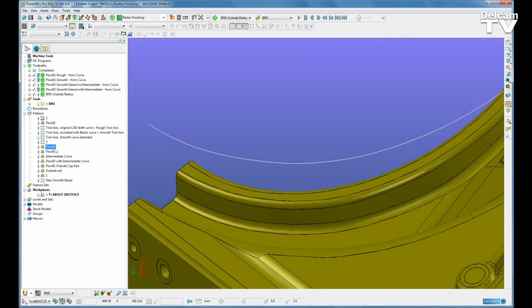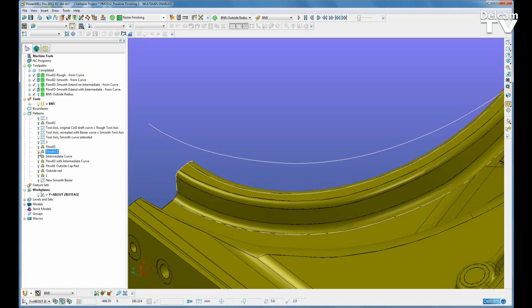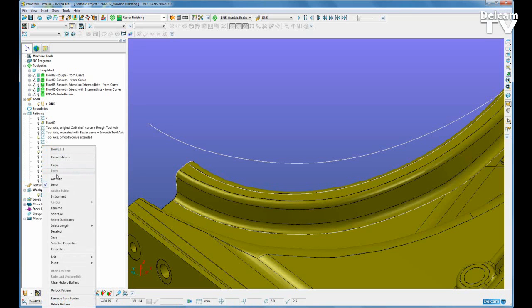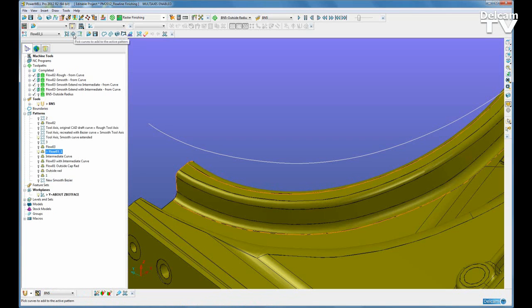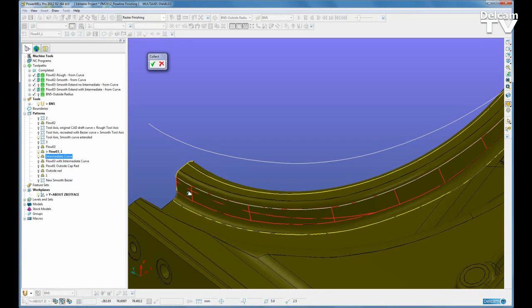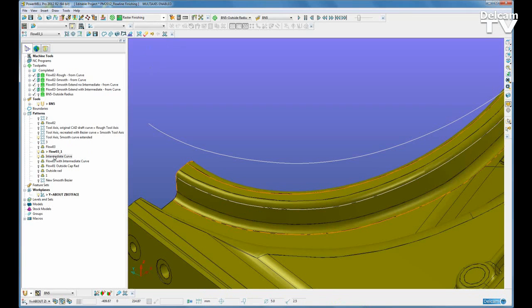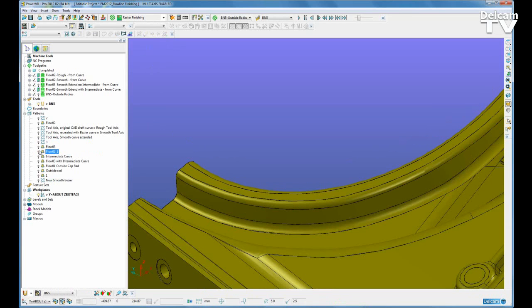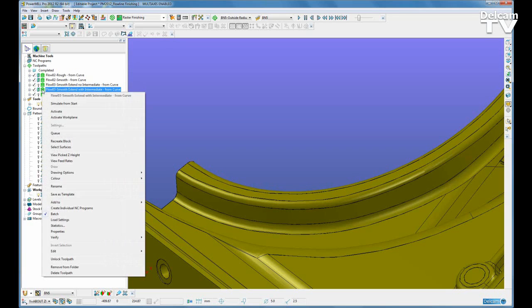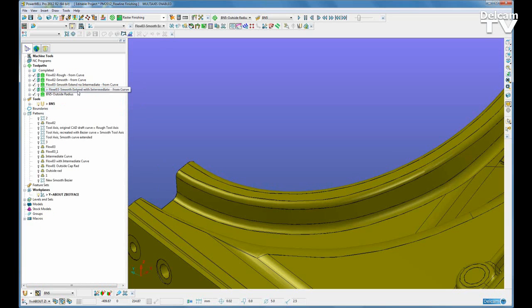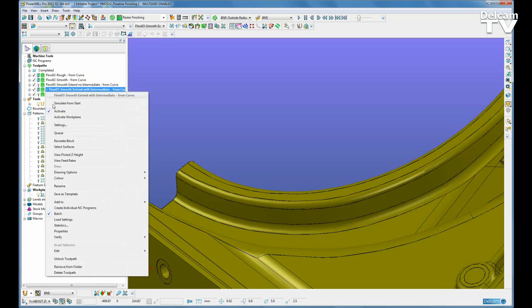I'll show how this is done. Here's a copy of the embedded pattern I first used. I'll activate it, and then I'll go at the top and I'll pick curves to add into the active pattern. Turn the intermediate curve on. I'll just select it and collect. That has created an embedded pattern with that intermediate curve in. Now I'm going to turn these off. I'm going to activate a predefined strategy with its settings